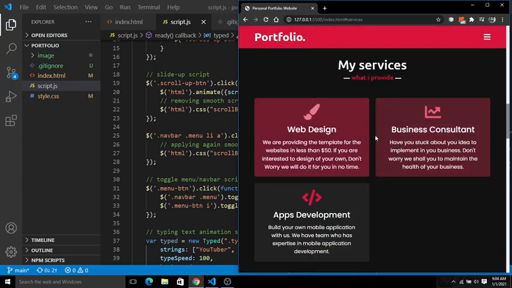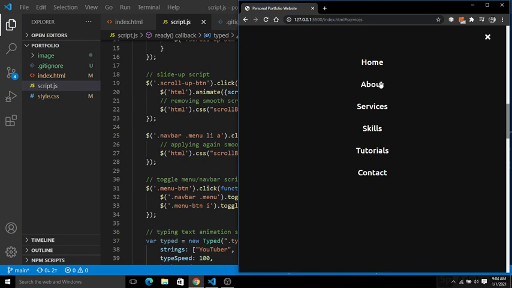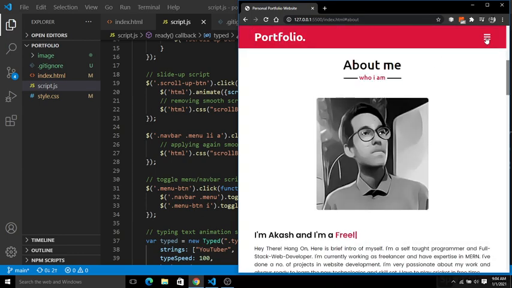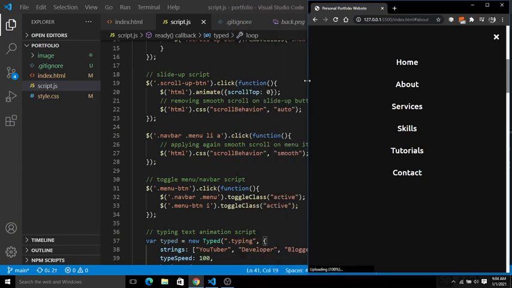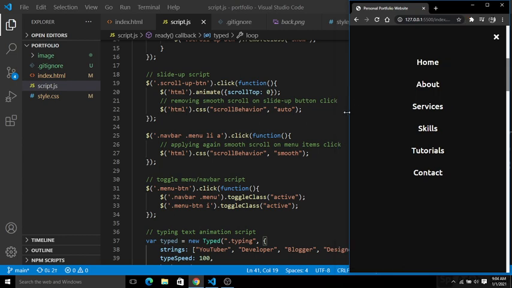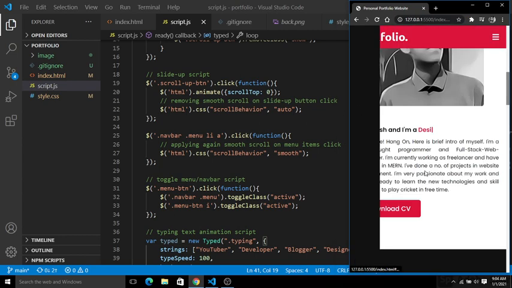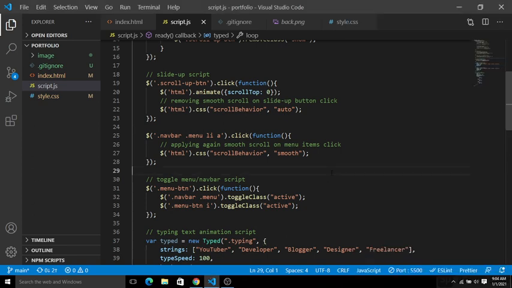On clicking the services, now you can see here a very nice view. Now on clicking the about section, you will see here. So that's the thing I am talking about. So this is for the smaller screen, and for the responsive purposes. Now click on the contact, you can see here simply the contact here. So basically there is the toggle class. We have this toggle class active when the screen is very small, like a mobile or the small screen. For this you can see here we have this toggle class.